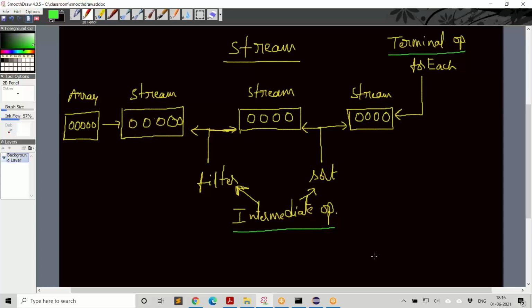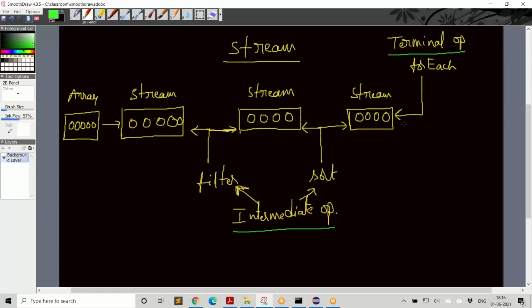So you have a stream. You can apply some operations, come out with some new streams, and then eventually you can apply a terminal operation where you take the data from the stream and do something with that. But once you consume what is there in the stream, that's it. You don't have any more data in the stream.